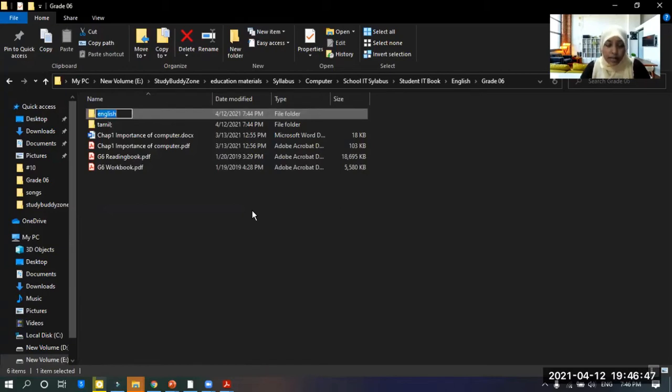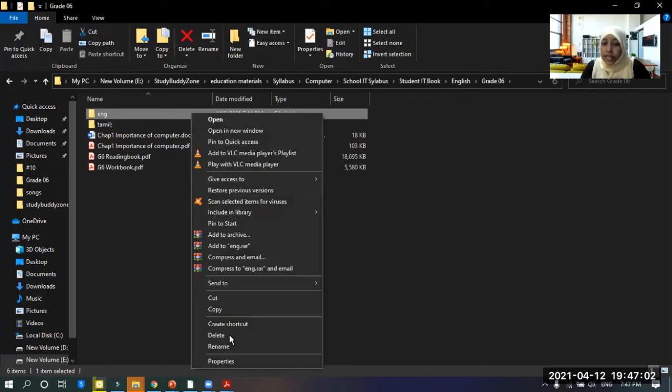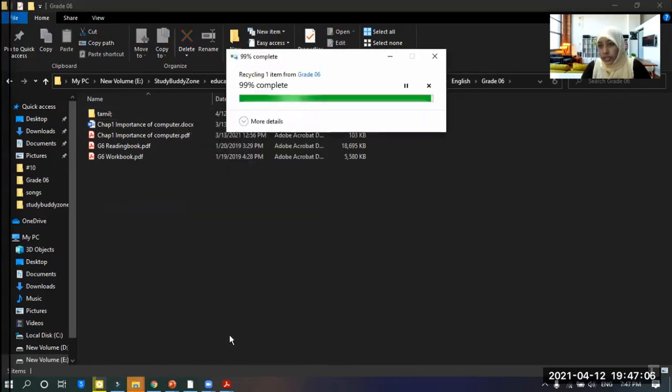For an example, I say ink, like that. I renamed it. You can change the name also. If you don't want the folder, you can go one click on the folder, right click the folder, delete, and it will be deleted.